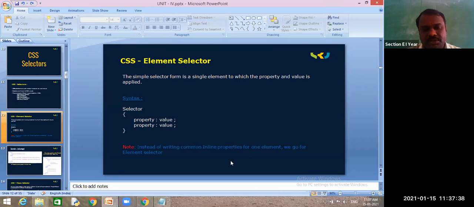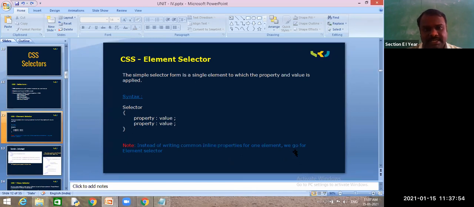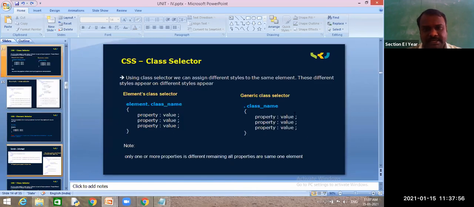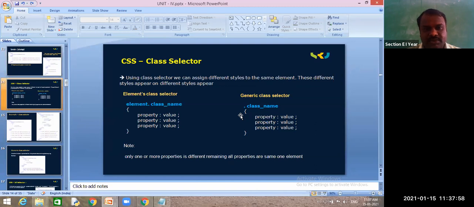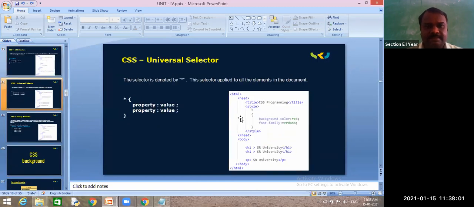You need to implement the front-end design. If you design the front end, only then will end users be satisfied and communicate with your programs. Element selectors are completed, and we will learn the rest in the coming classes.